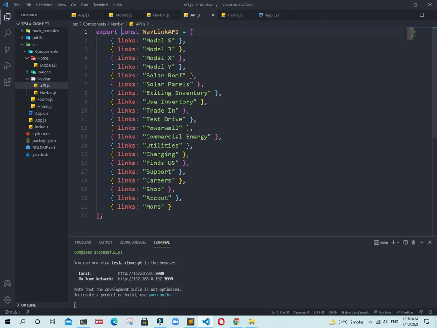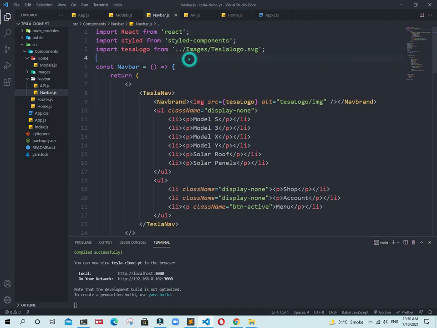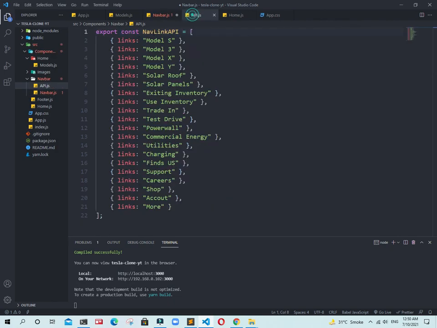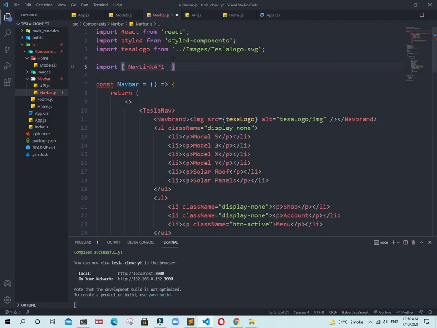Okay, now go back to navbar.js. We just need to import our Navlink API as an object. I just copy this one and paste it there, Navlink API, from /api.js.